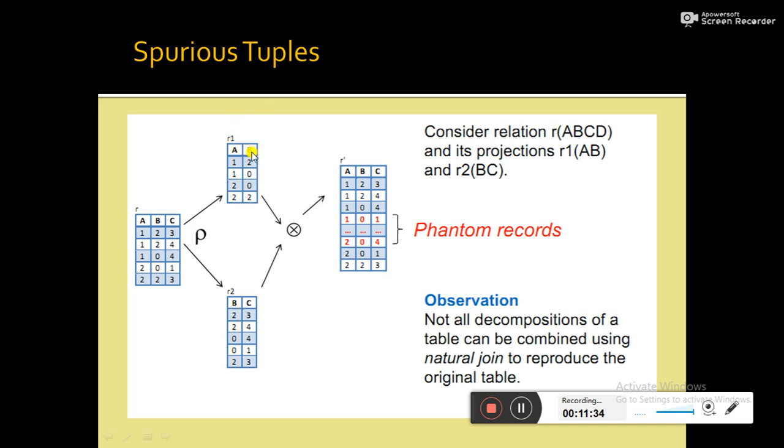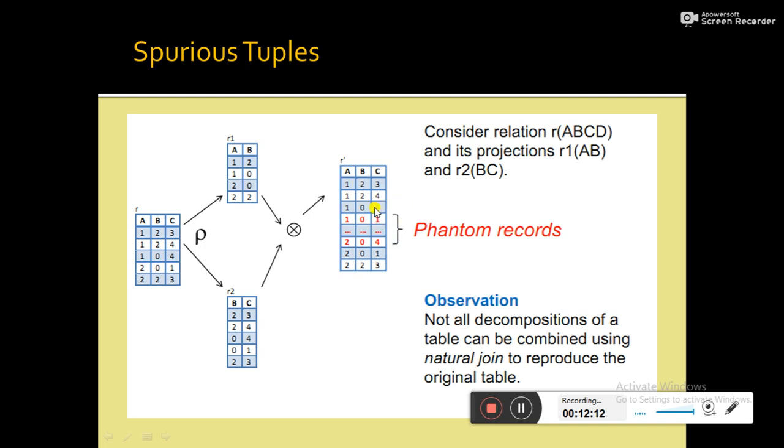And B, suppose it is not a foreign key also. That means in performing the joining between R1 and R2 based on common attribute B, and B is not a primary key as well as not a foreign key. That means it's violating guideline 4. So what will happen? We'll come up with a relation with an extra bit of data, and that extra bit of data was not present in the original relation. That means after performing the natural join operation, we have come up with a set of data which was not present in the actual relation.